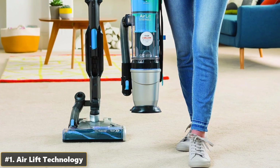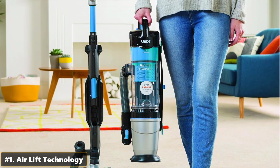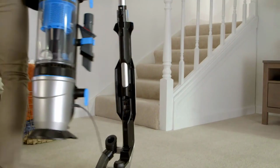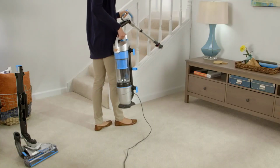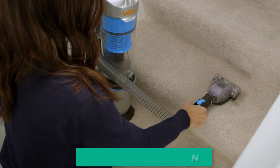Number 1, the Airlift technology. The first feature that makes this vacuum cleaner stand out is the Airlift technology, which allows you to detach the cylinder from the main unit and use it as a corded handheld vacuum cleaner for hard-to-reach areas. This is very useful for cleaning the stairs, your car, or your furniture, as you don't have to drag the